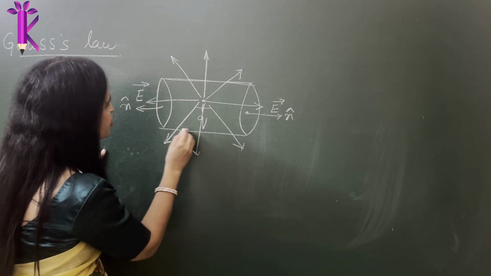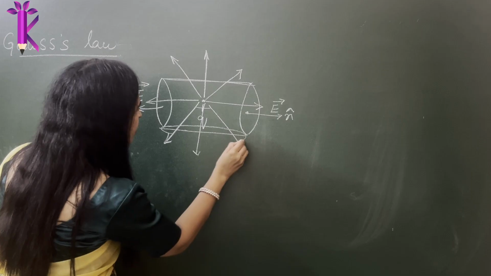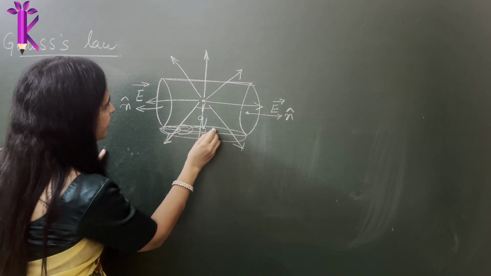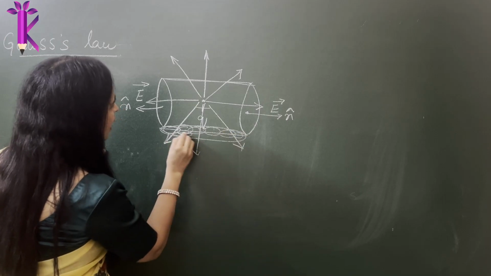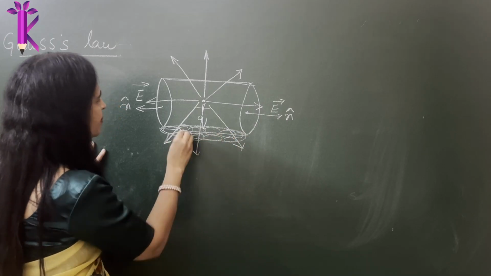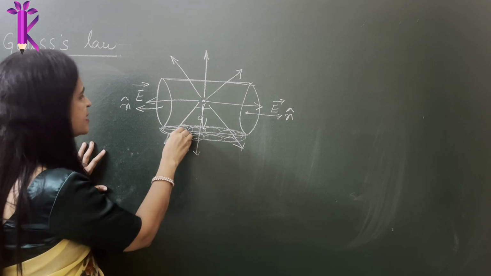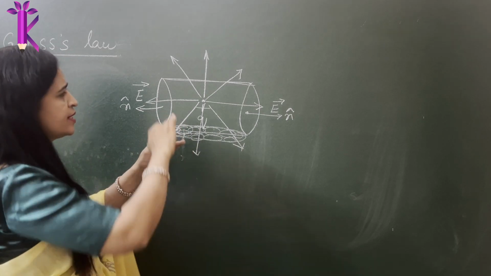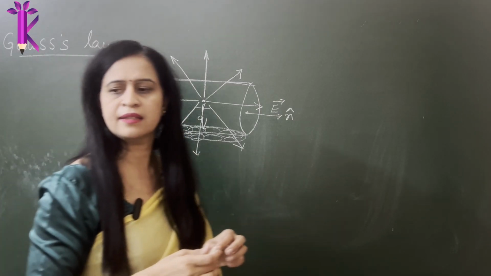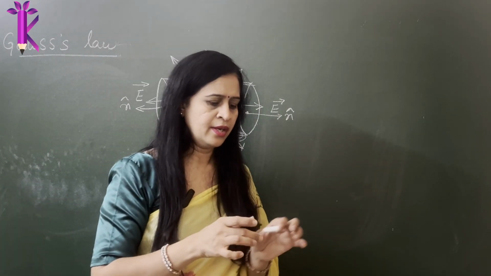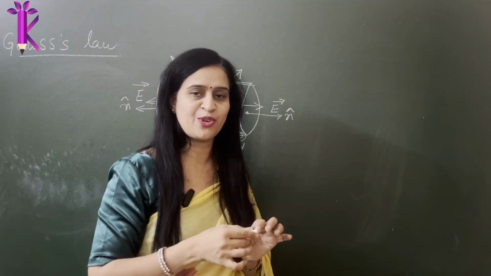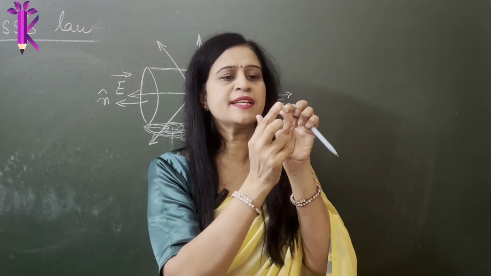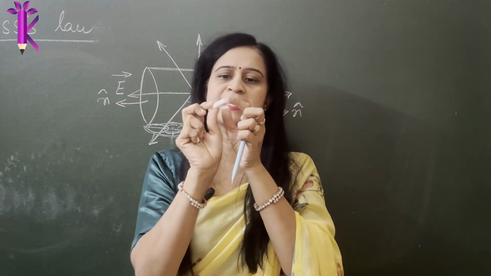Here you have to divide. If I imagine this entire thing to be one spherical surface, you divide it into unit cross-sectional areas, there will be hundreds of cross-sectional areas and you sum them up. Let me grab a big chalk. Okay, this is cylindrical in shape, and these are the circular ends.